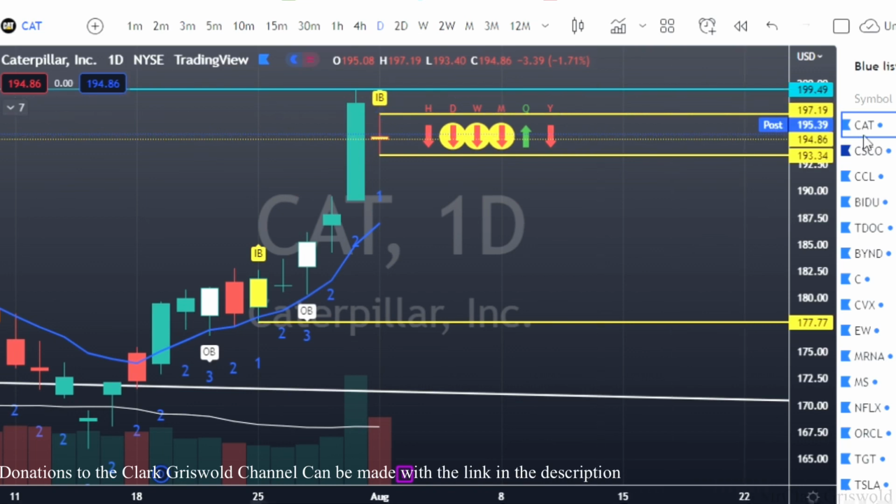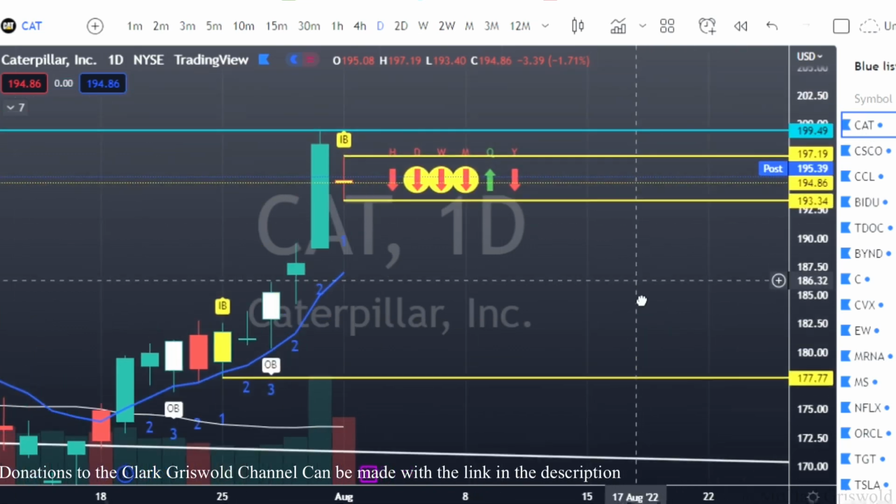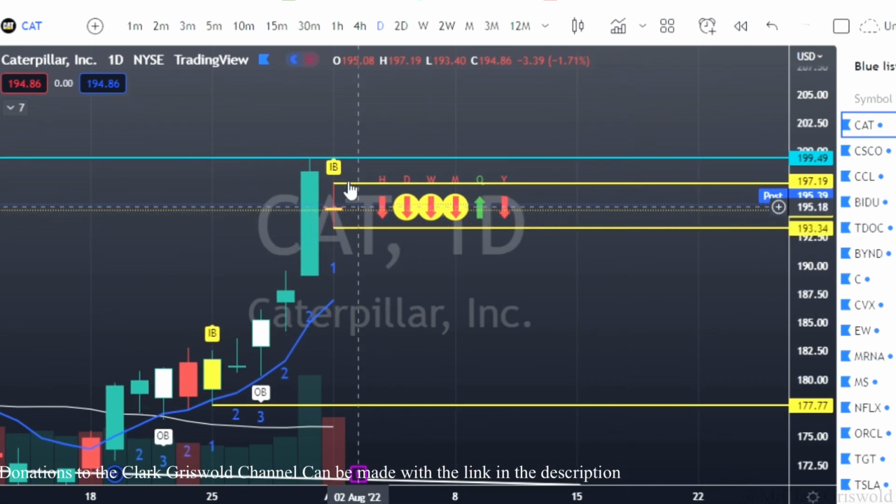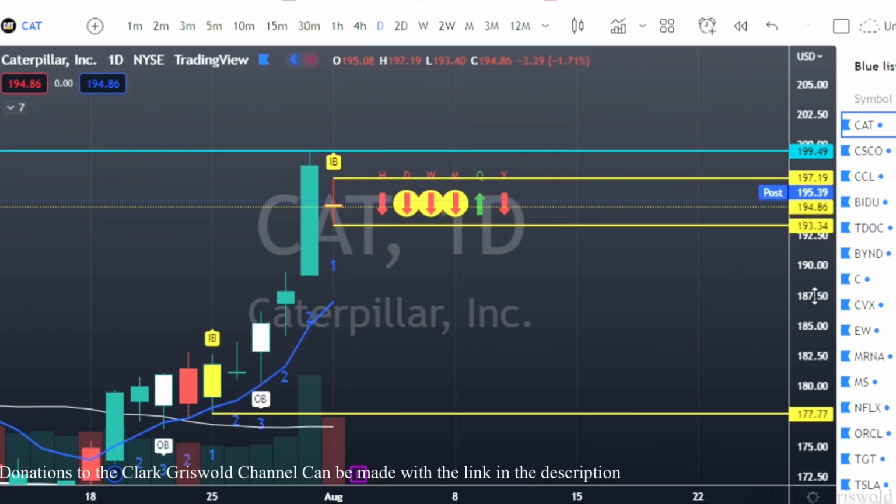Let's get started with this. CAT is the first one we've got on the list, guys. The way we do these trades, we trigger on the day, we target on the day, we drop down to a smaller time frame to see if we hit triggers or if there's a spot where we need to get out because the trade is reversing on us, okay? So you can go check out my trade review videos because I go through all of that stuff with you guys, okay?